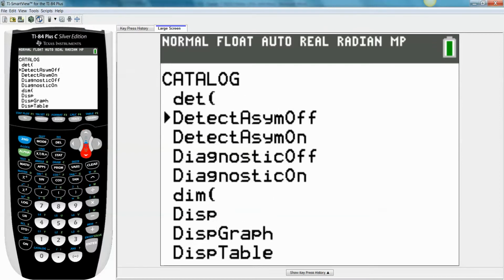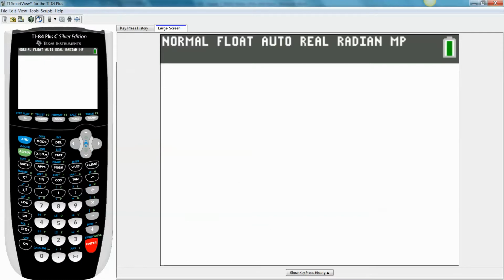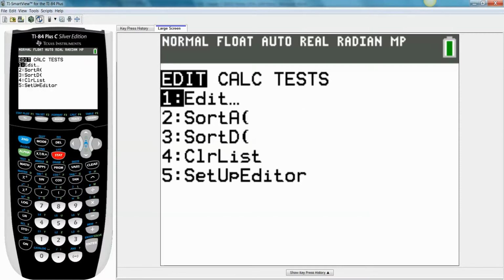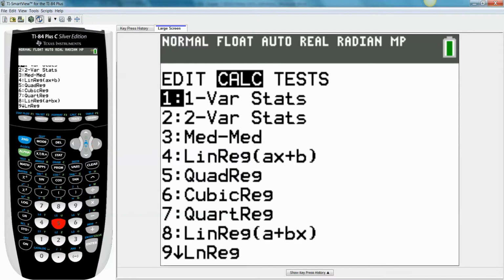I pressed the up arrow too many times. There it is, diagnostic on. So you hit enter, and then you hit enter, and it'll say done, and that's it. You've done it this one time. You don't have to do it again. It's fine. So now every time you run regression, let me show you. If I run quadratic regression again,